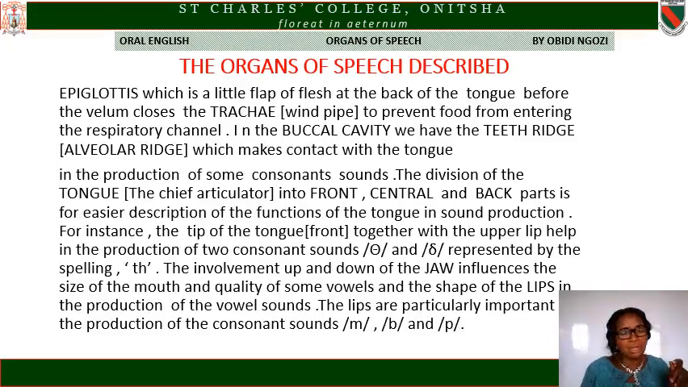The division of the tongue, that is the chief articulator, into front, central, and back parts is for easier description of the functions of the tongue in sound production. For instance, the tip of the tongue, that's the front part of the tongue, together with the upper lip, help